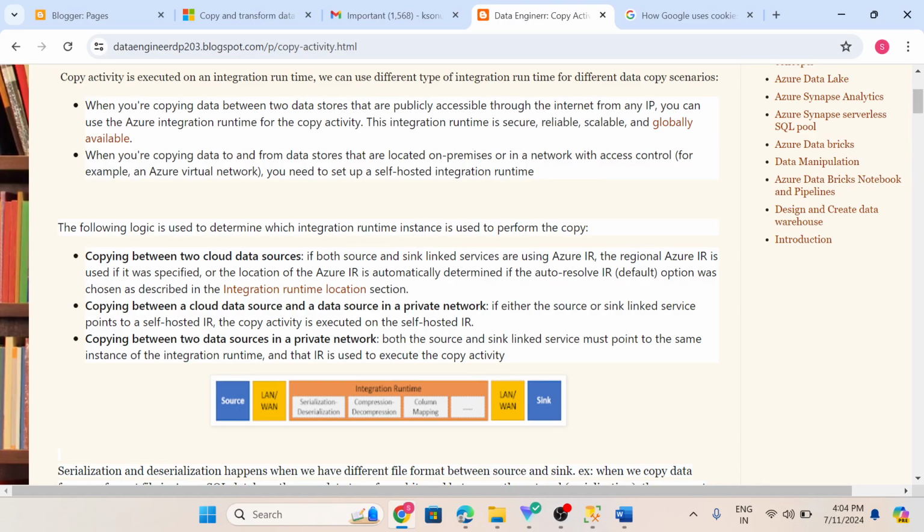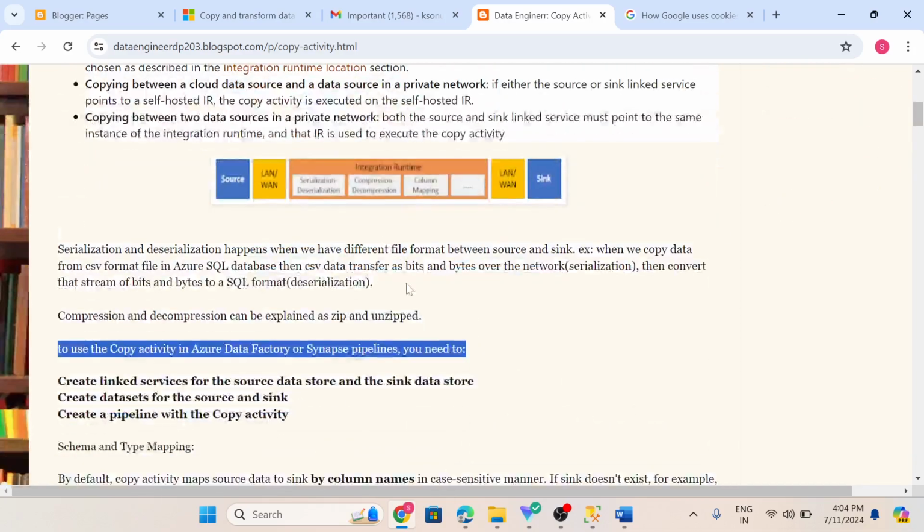Now next is copying between two data sources in a private network. Both the source and sink linked services must point to the same instance of integration runtime, and that IR is used to execute the copy activity. So this is the condition we have to follow when the source and sink are both in a private network. Now, when we perform a copy activity from a source to a sink,